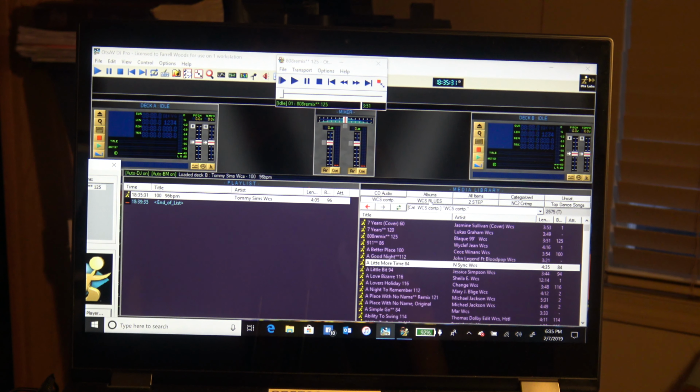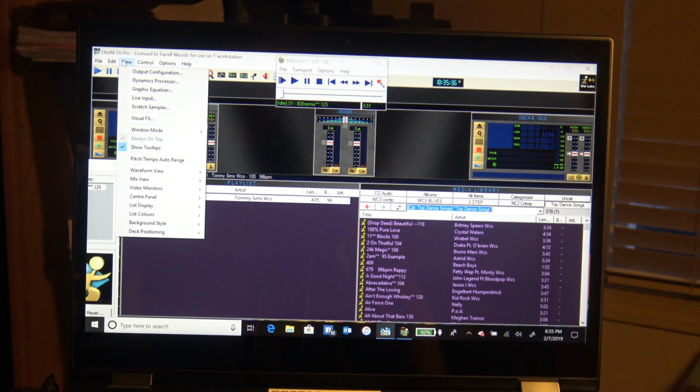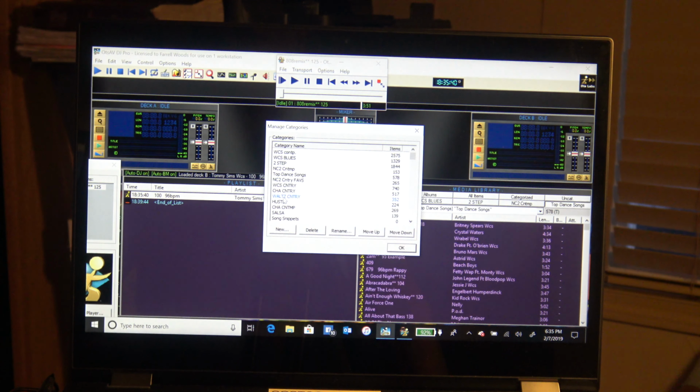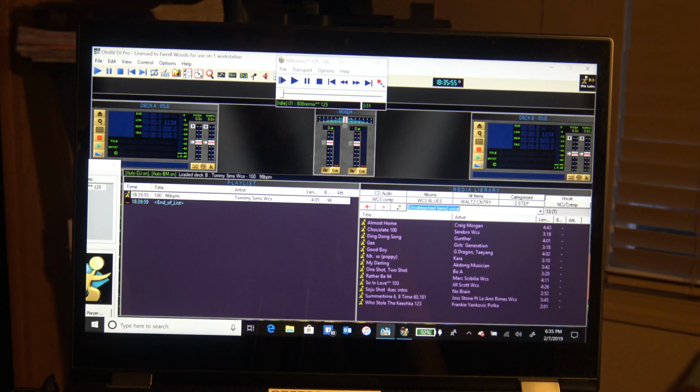I love being able to assign these top 5 categories for the evening. It's a little not user friendly. Manage categories, go over and I want to put waltz up there. Boom, okay. Now I've got that. I really, really, really prefer this. I've had times where this being an uncategorized